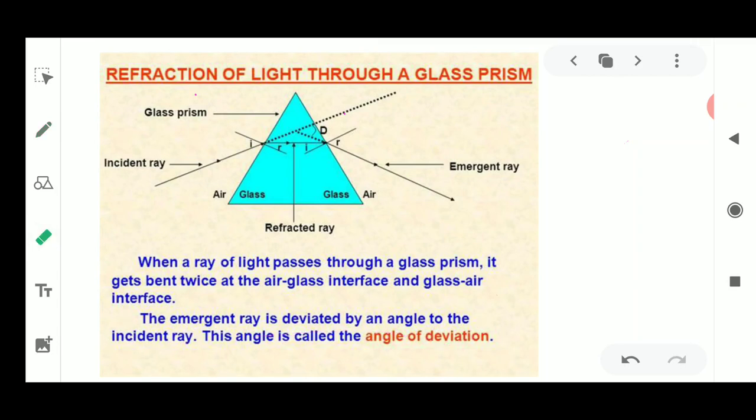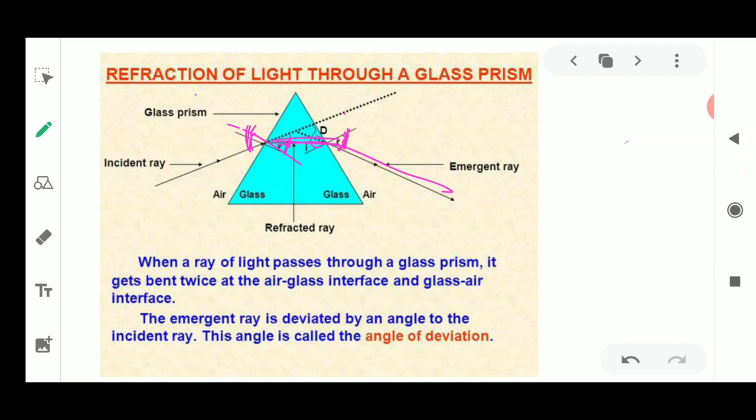Now what is this angle of deviation? I'll just tell you. When the light ray passes from one medium to another, it touches somewhere on the surface of the glass, and we draw a normal, which is at 90 degrees to the surface. The angle between the incident ray and the normal is known as the angle of incidence. The angle of refraction is this one inside, because this straight line is working as the normal. Similarly, the emergent ray moving out now becomes the incident ray, so this is the angle of incidence and this is the angle of refraction for the ray moving out.